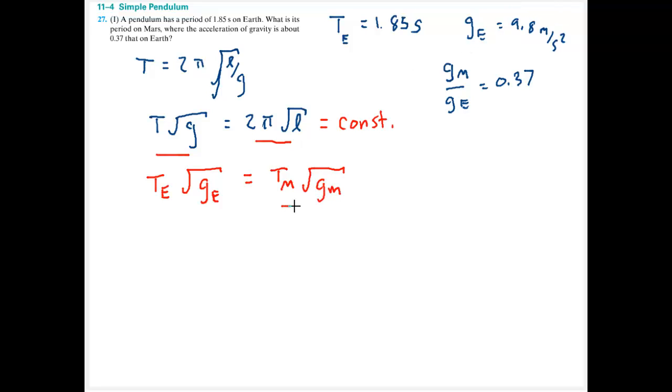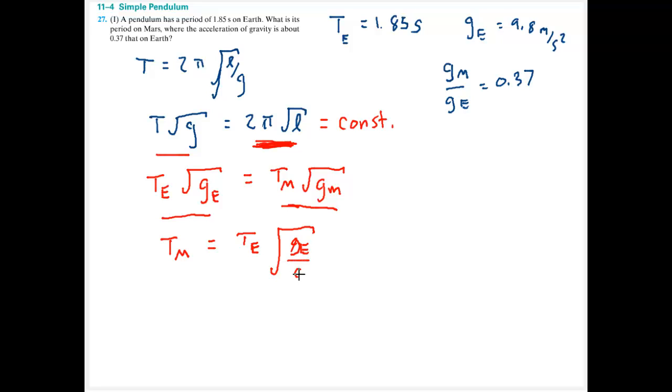Again, the product of these two must be a constant value because the length is going to be the same. I'm interested in what the period on Mars is, so I'm going to divide both sides by the square root of the gravity on Mars and say the period on Mars is going to be equal to the period on Earth multiplied by the square root of gravity on Earth